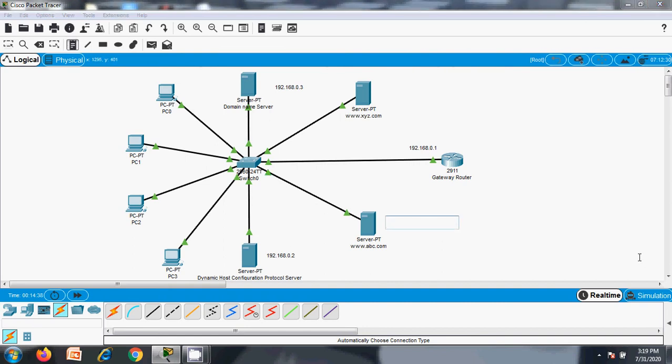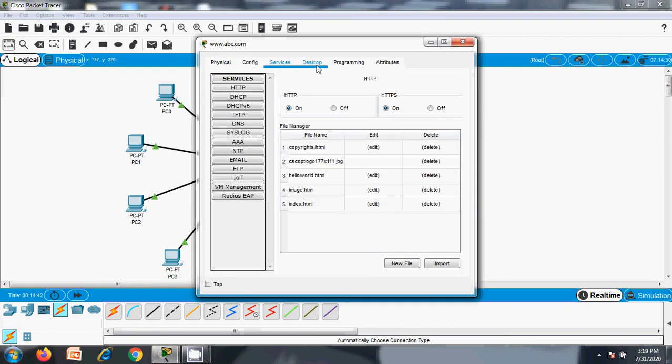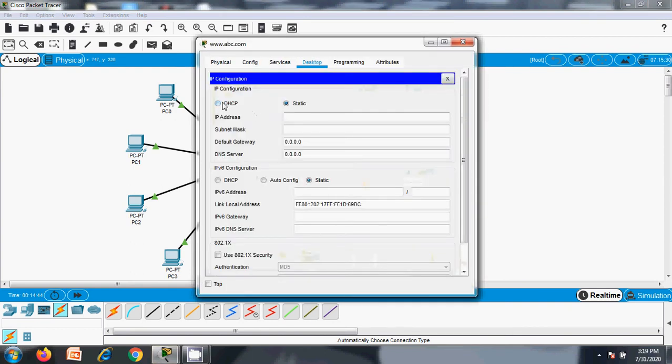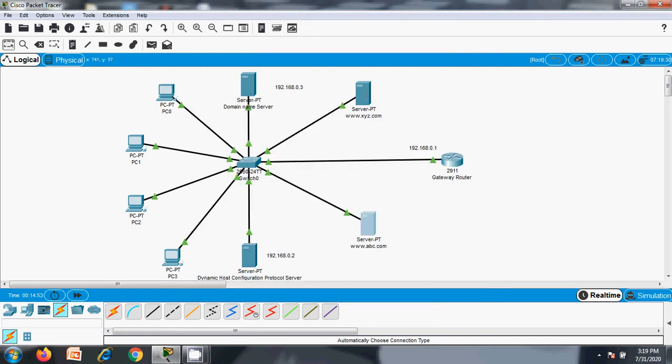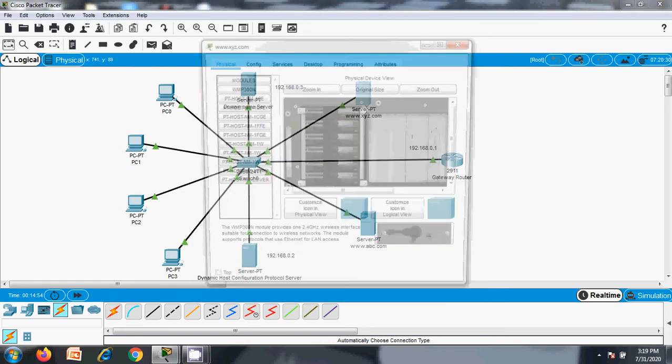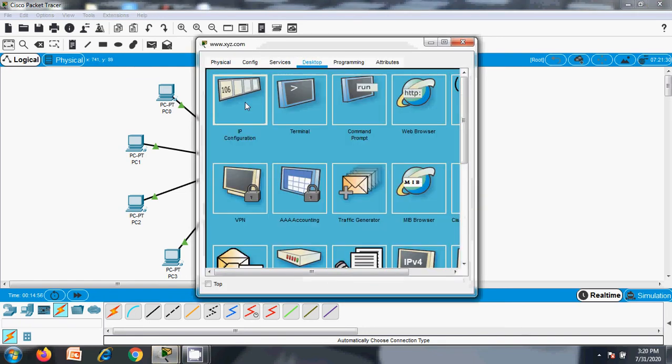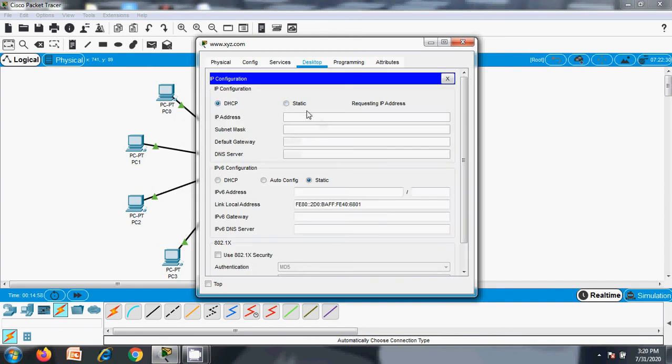Okay, they can be automatically taken from the DHCP server. Let's get the IP from DHCP. So far 7 is allotted, and now 8 is allotted for this server, and 9 will be allotted, I think so. Yes, 9 will be allotted.